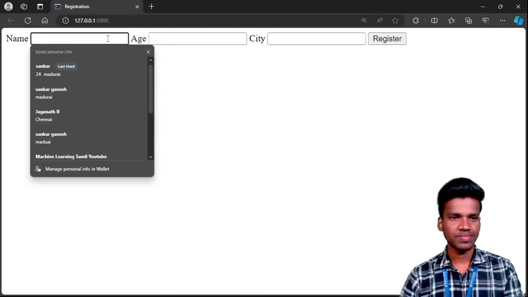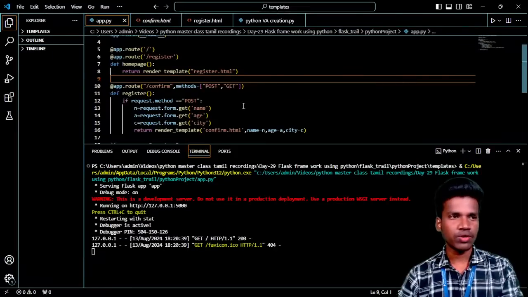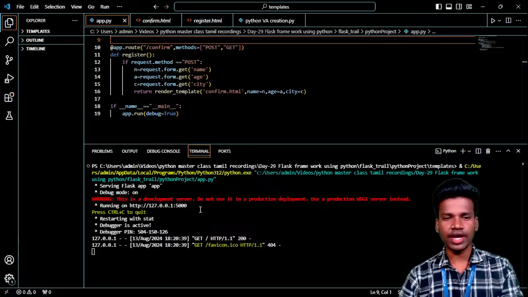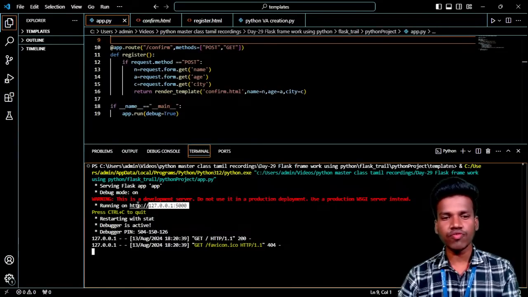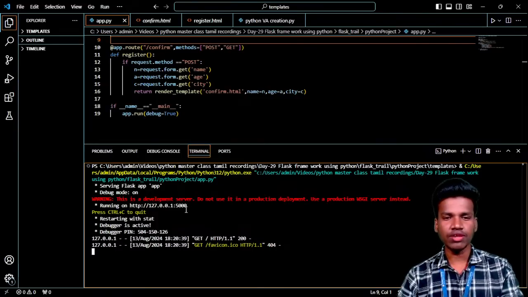Okay, fine. So now I will run my code. This is my code, an example for the Flask framework. Now I run this one. So I get one kind of IP address, a website IP address. All websites have an IP address, right? That is a local IP address, so only then can I use this.